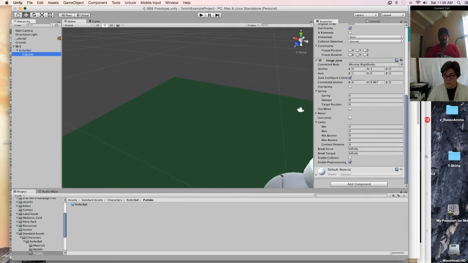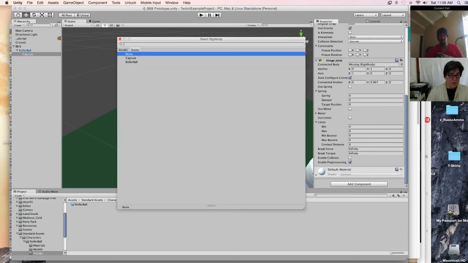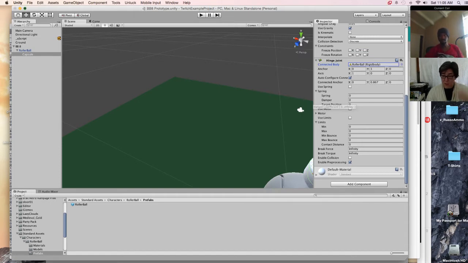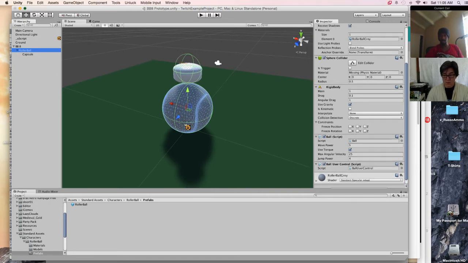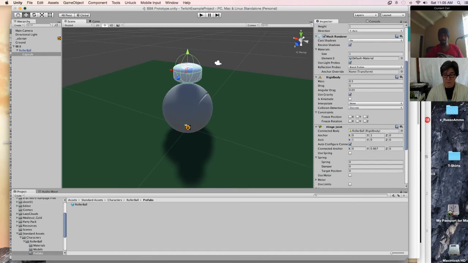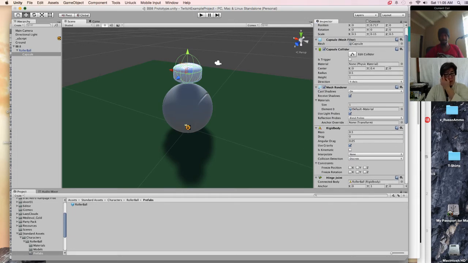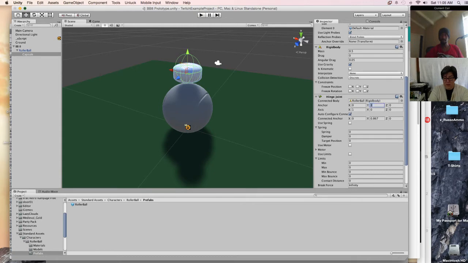Capsule now needs a hinge joint off of the rollerball, right? And then the anchor is. Do you understand the XYZ of this anchor? For the hinge joint? Yes. Not completely, no. So what you're telling it to do is, where is the anchor from, in relation to the rigid body you're attached to, right? So let's put it at 0.